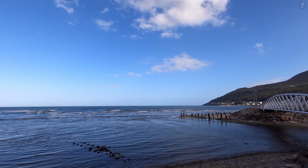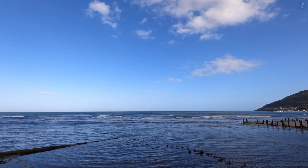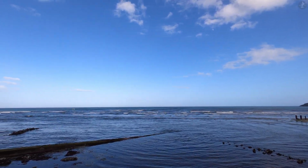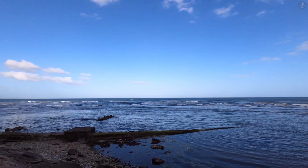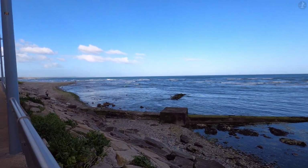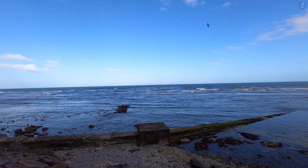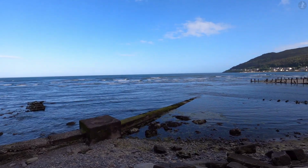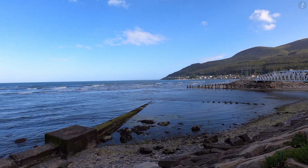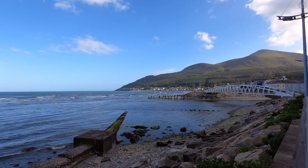As we mentioned, Newcastle is a seaside town first and foremost, but the allure of the Mourne Mountains is equally impossible to resist. Now sadly on this walk, we won't have time to make our way all the way up along the Shimna and towards the top of Slieve Donard, but if you are planning to visit Newcastle, do, if you have the chance, dedicate as much time as you can to exploring the mountains just on the town's doorstep,